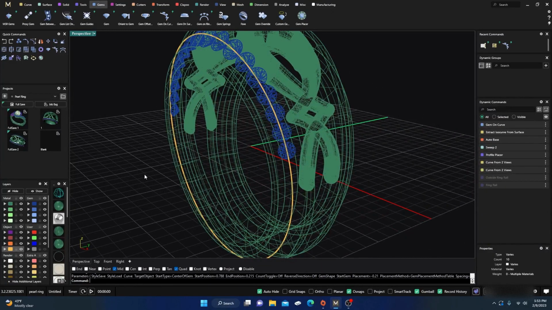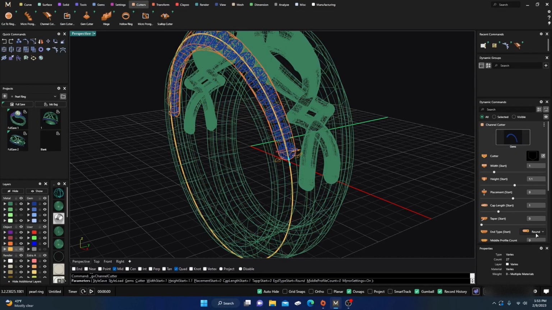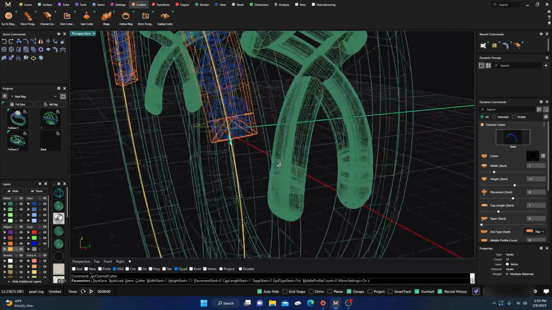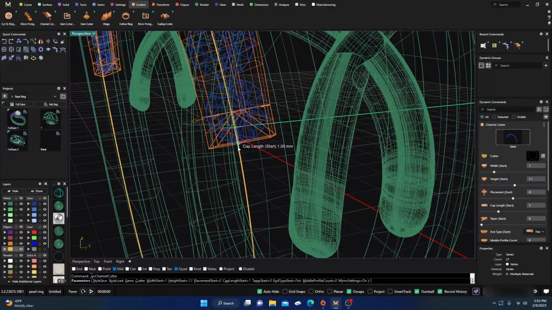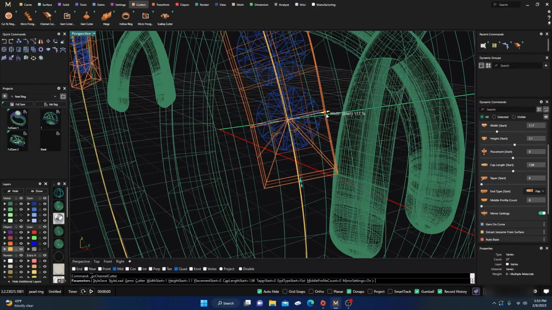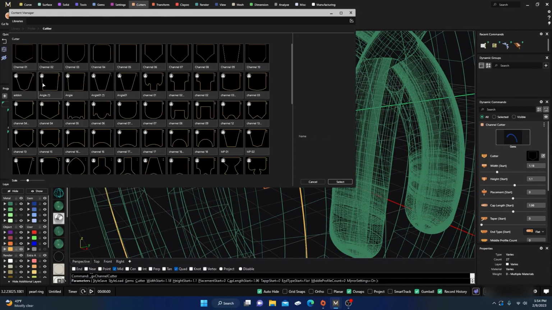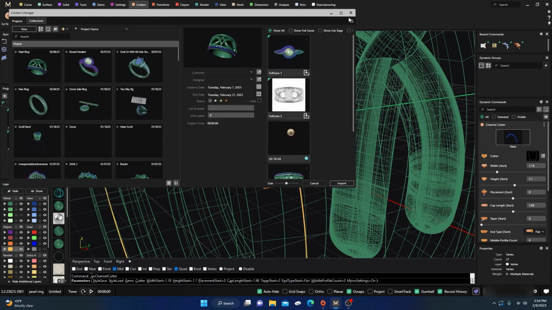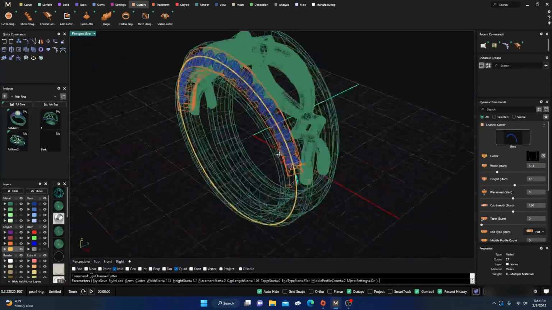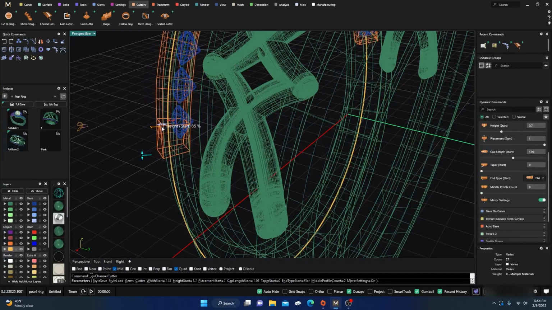So we'll hit enter. We'll select those stones. We'll go to our cutters. Grab a channel cutter. And we'll change that to a square or flat. And we'll do some manipulation here. We'll drag that out a little bit so we can get our prongs in there nice and easily. We'll take this a little bit out. We'll go ahead and change this profile to my favorite there. That's kind of my go-to. And we will drag that up and bring it back down to squash it